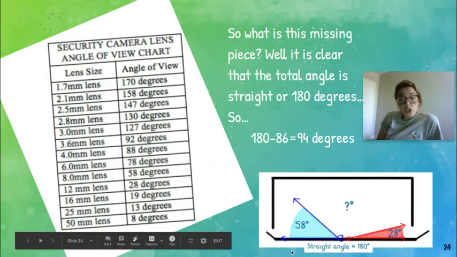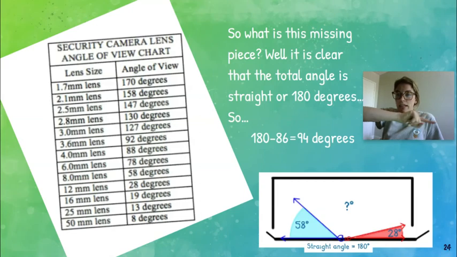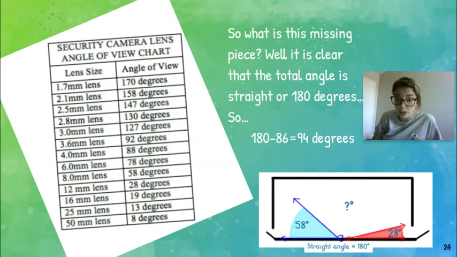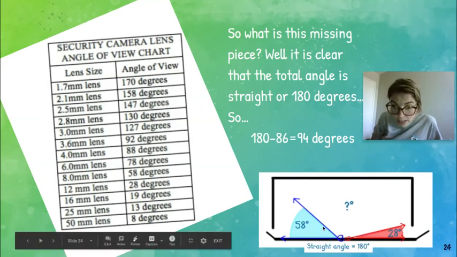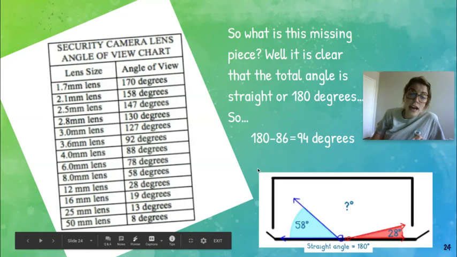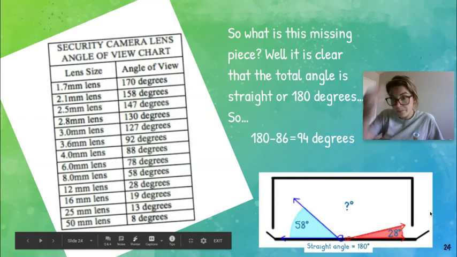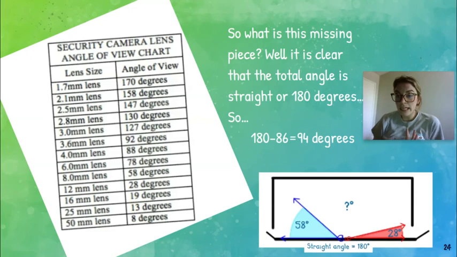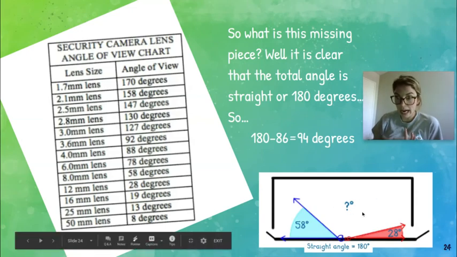Well, it's clear that her total angle is 180 degrees. Okay, she has a straight angle against the line of her store. That means from here to here is 180 degrees, half of a circle. Okay, and now this ray, you could extend it straight out. So with this blue coverage, it actually covers all the way here, and this red coverage covers all the way here. Okay, so we need to find out how many more degrees, this question mark,